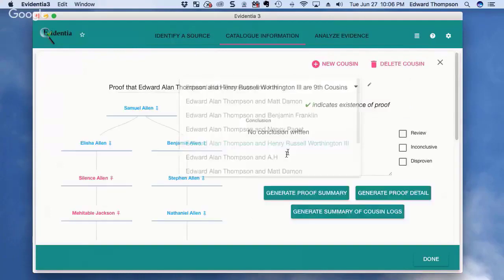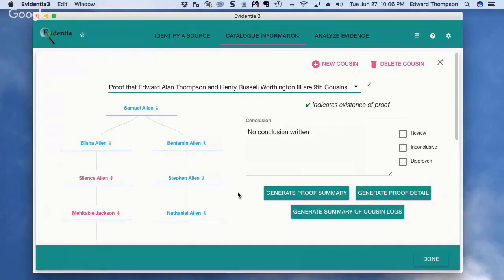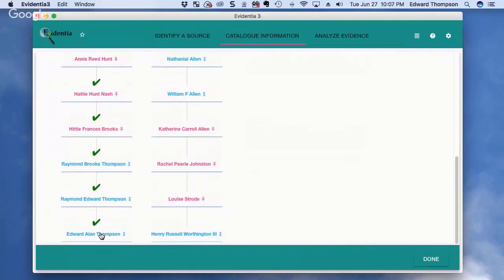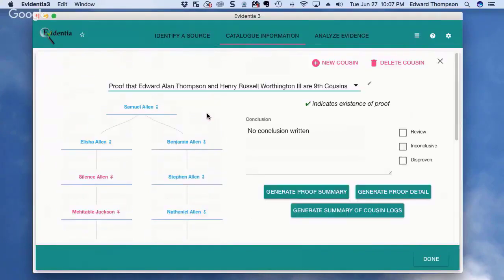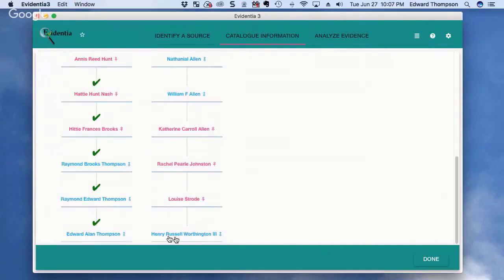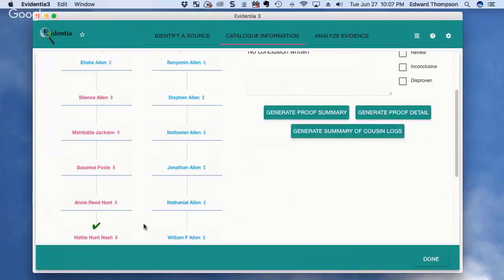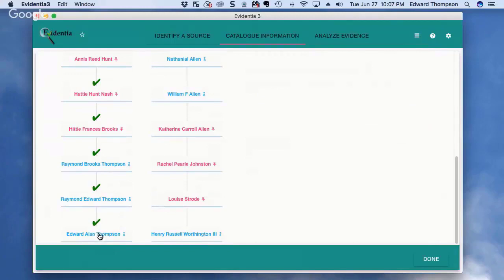And what I'm going to show you is the one that we actually did get from the We're Related app on Ancestry.com. This says that I, Edward Allen Thompson, am related to Samuel Allen through multiple generations, and Russ Worthington from Dear Myrtle and the Worthington blog is also related to Samuel Allen. So this is a possible cousin connection. Are we really ninth cousins, which is what this says we are? So this shows what I need to prove, and as I prove each relationship, and I'm going to do that individually,